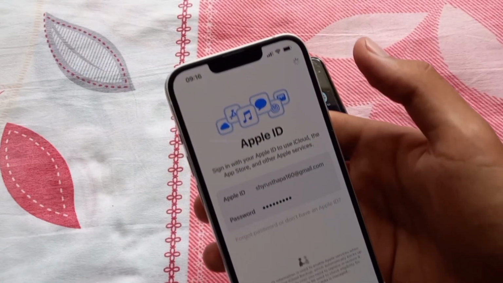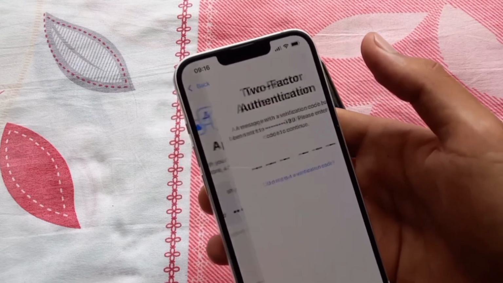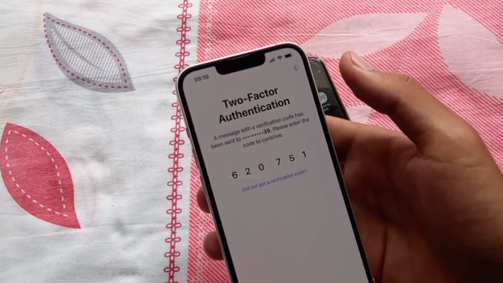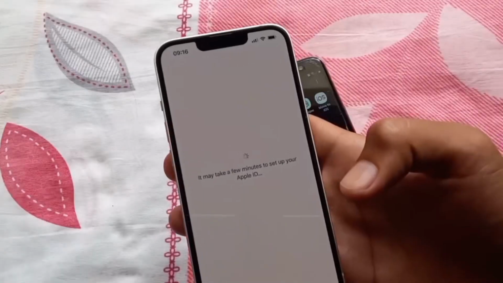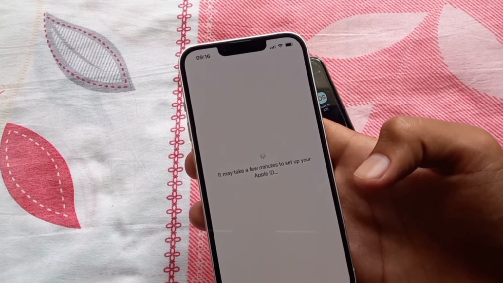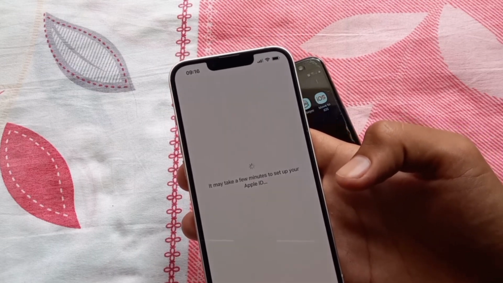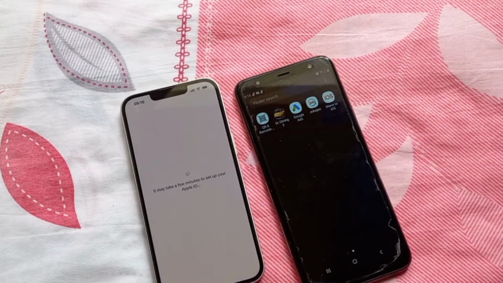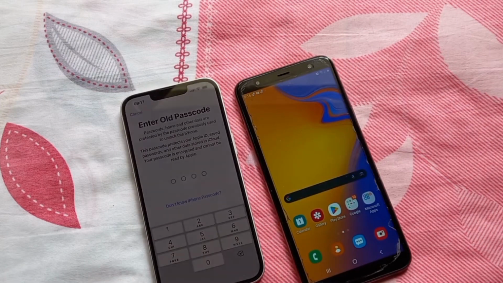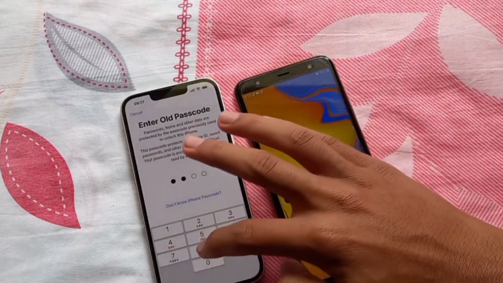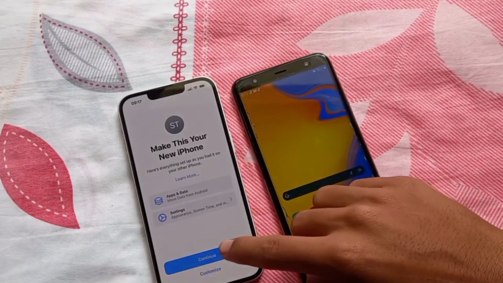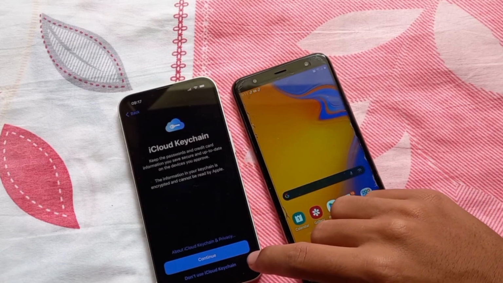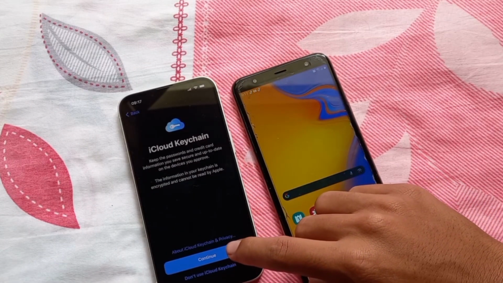After a while you will receive a code on your mobile phone and click on Continue. It will take some time, and now we are at the end of this video. So now enter your old passcode here and click on Continue and just go with Continue, and now we are